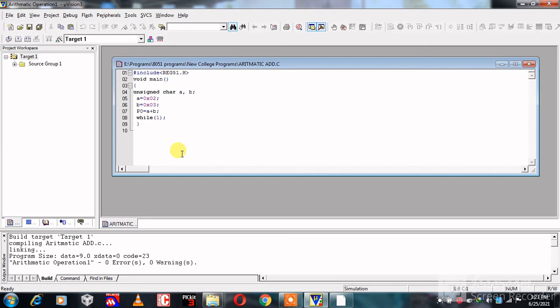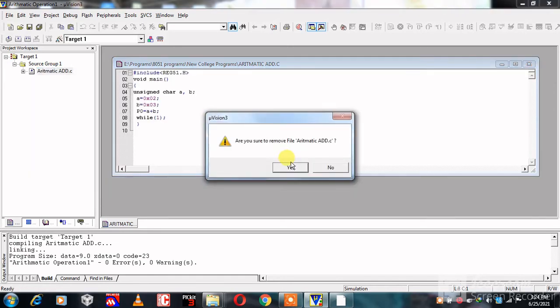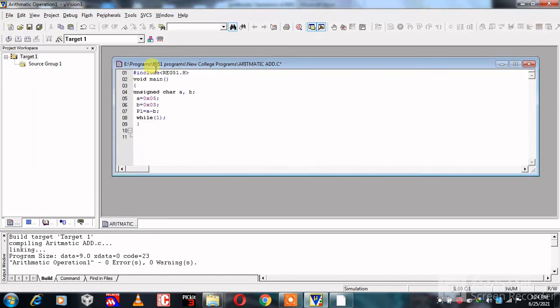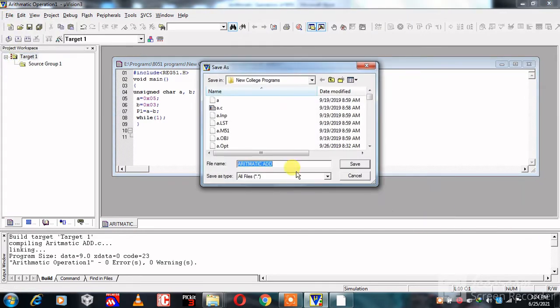Here our next program is subtraction. Initially click on source group and remove this file. Here remove file arithmetic add.c. Click on yes. Then click on file and save it as arithmetic sub.c.